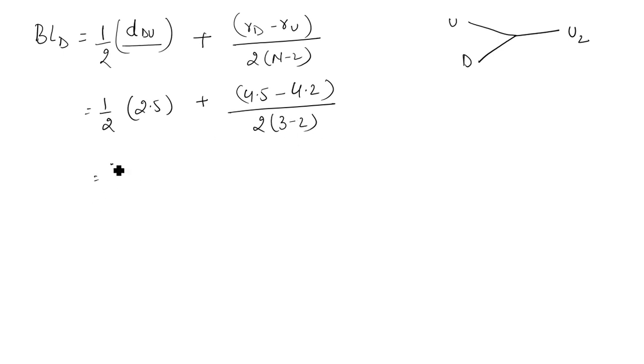So it will become 2.5 divided by 2 plus 4.5 minus 4.2, which is 0.3, divided by 2. So it will become 1.25